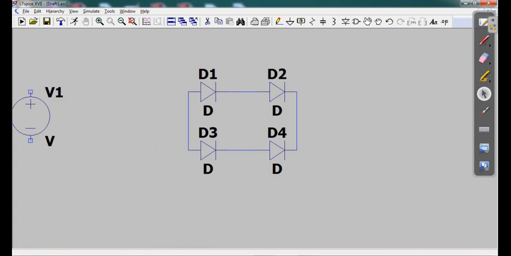Escape. Now you need a transformer, so use the inductor to make a transformer. Actually there is no transformer here, so click on it. You need another inductor, so just rotate it by Ctrl plus R twice, and this is inductor 2. Keep it there and press Escape. Now click on the move tool to orient them properly.